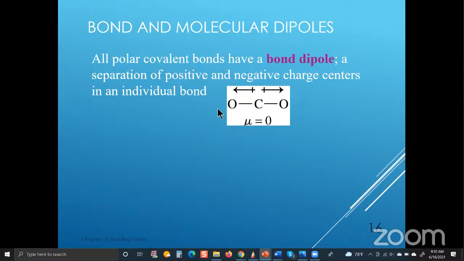Now, what we're looking at here is a case of carbon dioxide. In each of the carbon to oxygen bonds, you have a dipole. You have one dipole acting in this direction, and another dipole acting in this direction. As you can see, because the carbon dioxide molecule is linear, these dipoles would be in exactly opposite directions. Furthermore, the magnitude of this dipole and this dipole would be the same because this oxygen atom is identical to